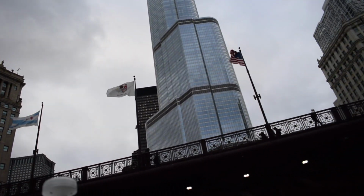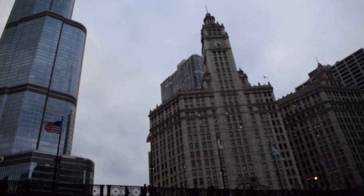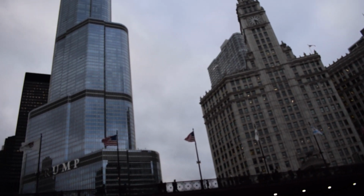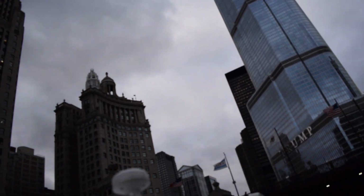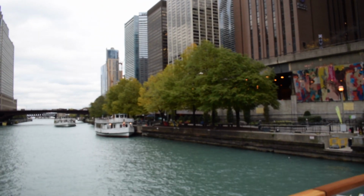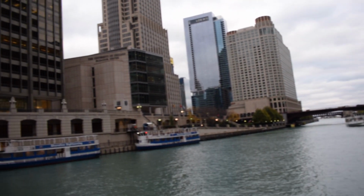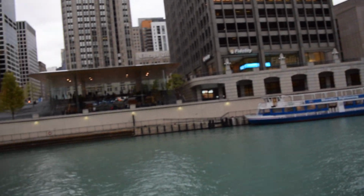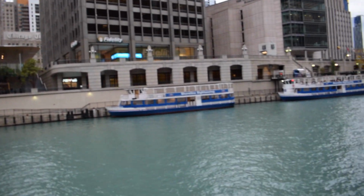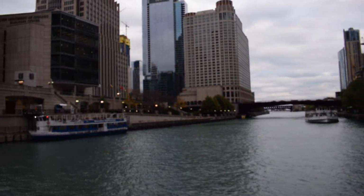You can also see the shorter building, the University of Chicago Booth Center. Designed by Rafael Viñoly. You notice there's almost no windows on the west wall. That's what the architect was criticized for, and that's why he did it. He said students studying in Chicago shouldn't be looking at windows. And if you look up from there, you can see the peacock